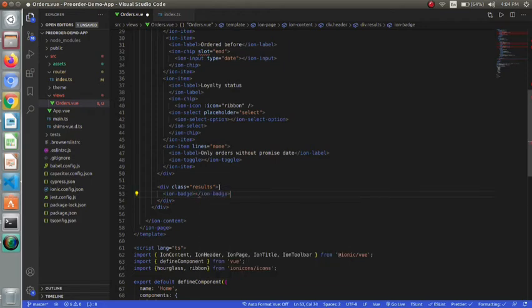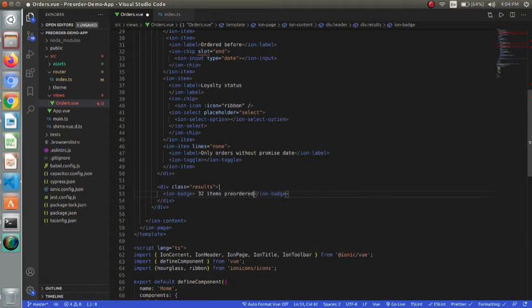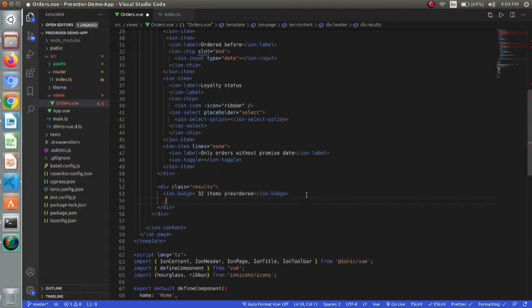Lastly, we will cover the result div also. It contains two badges. I will give the first badge a color of success and will give the second badge a color secondary.